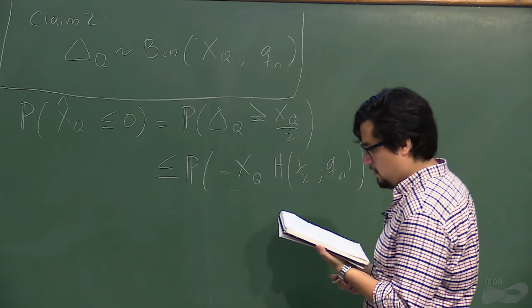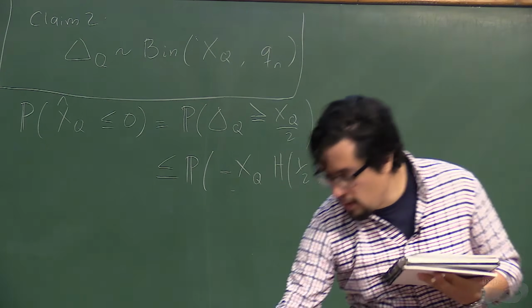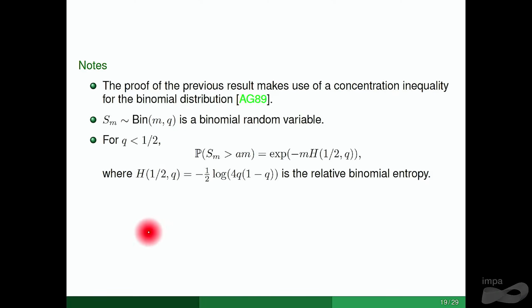For simplicity, we're going to use this lower bound on the relative binomial entropy because this is a bit more intuitive. And when q is far away from 0, these two are about the same order. So then